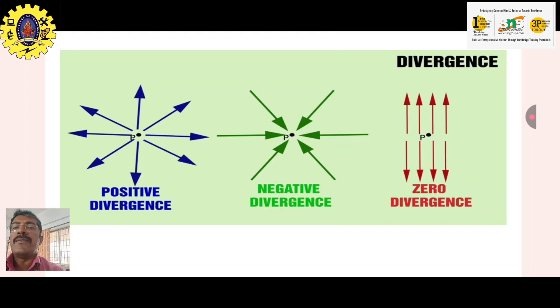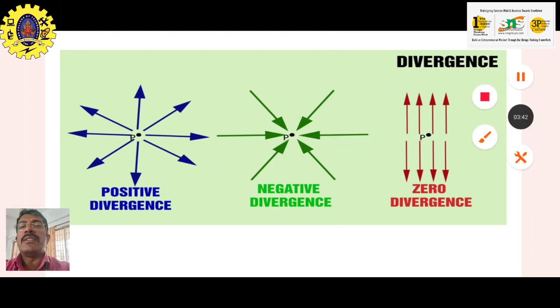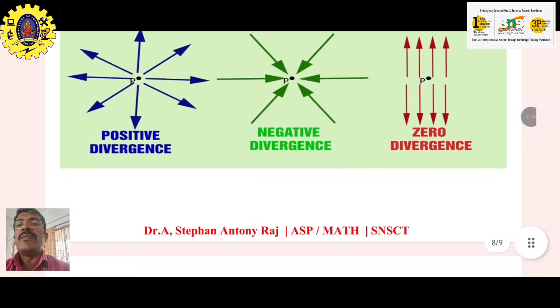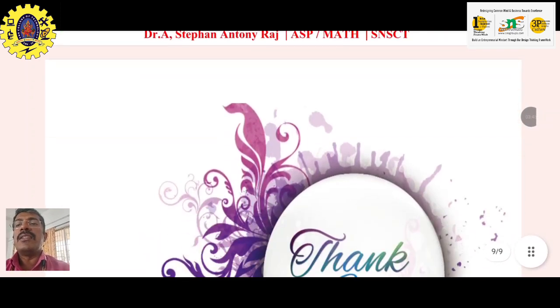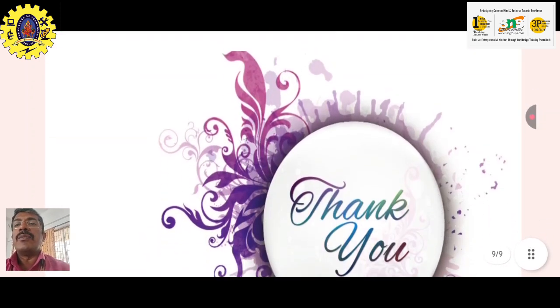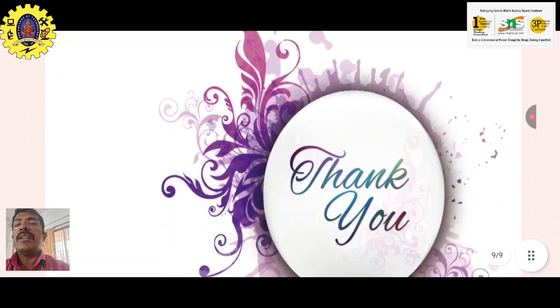So, you can see the various scenarios in divergence, that is, we can find positive divergence, we can find negative divergence and also zero divergence. These are some areas of divergence where we work in order to understand the concept of divergence in